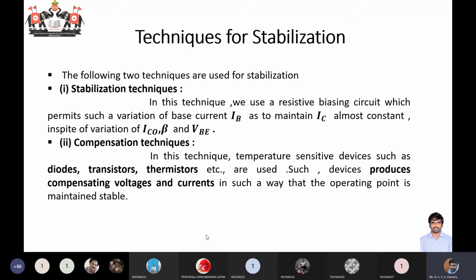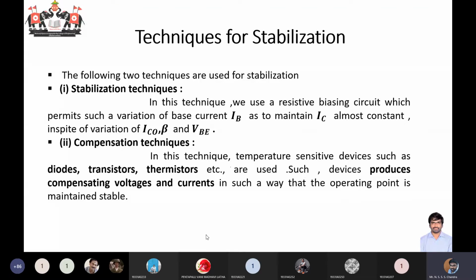Okay, so what are temperature sensitive devices that we have already seen? Your diode is a temperature sensitive device, your transistor is a temperature sensitive device, your thermistor, and a thermistor is nothing but a thermal resistor. So these are temperature sensitive devices. Whenever there is a change in temperature, the parameters inside these diodes, transistors or thermistors are also going to change. So these are going to produce some voltages and currents,